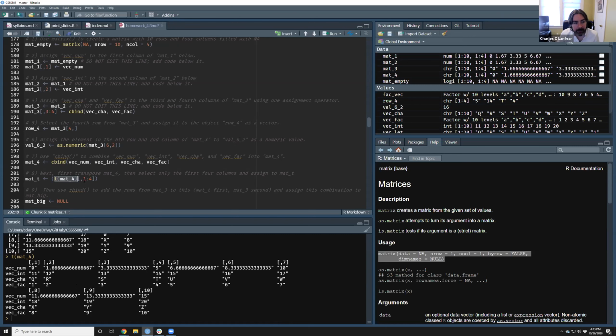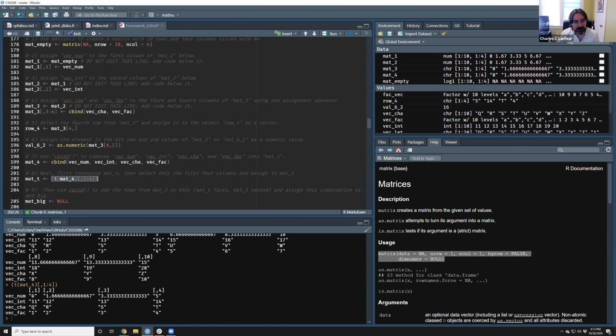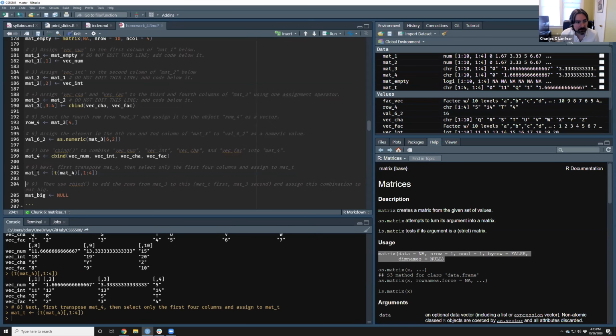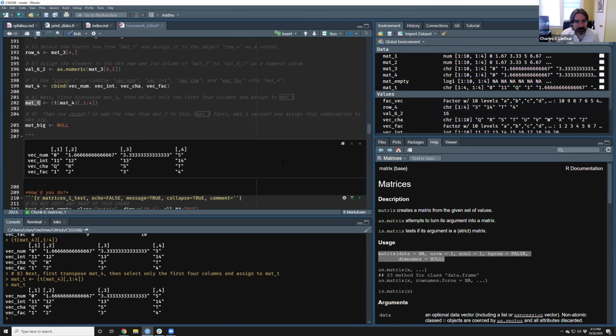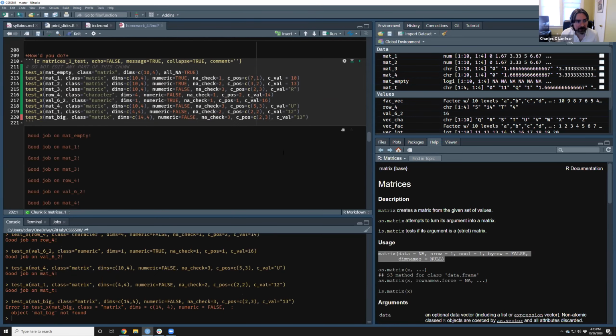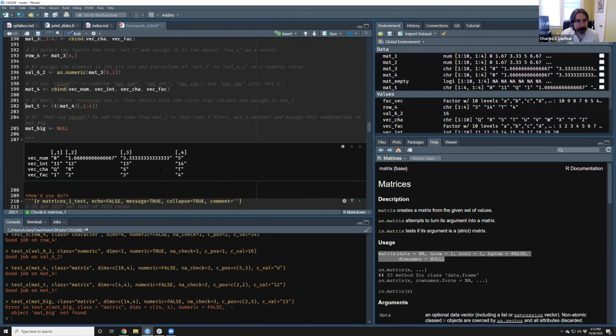Okay? And then from this transposed matrix, we're going to grab its first 4 columns. So if we do that, we see its first 4 columns. So it's now a 4x4 matrix. Run that. Got it like that. Let's see if it likes it so far. Yep.